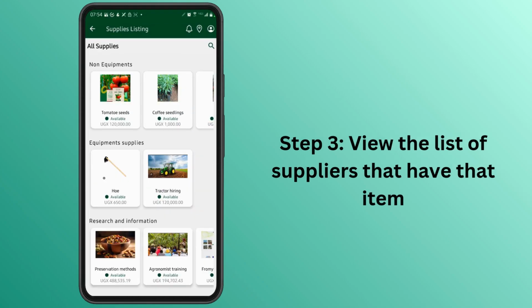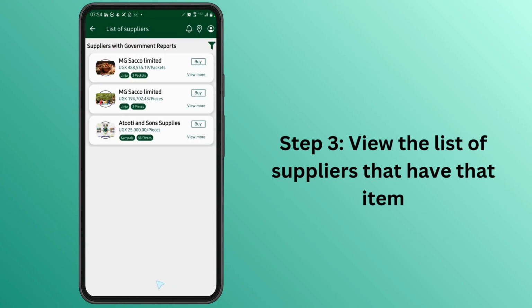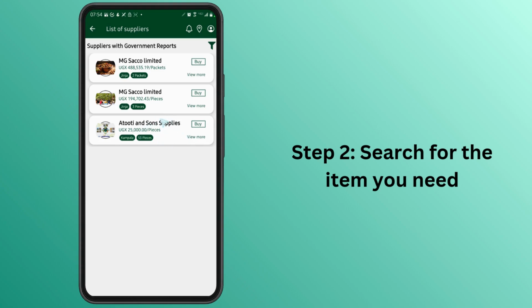Click view all, and let's say we're going to get research and information. So let's take from my farm research. These are the different people who have research information. So I'm going to take Atoti and Sons, because we can see the income color, the prices, and the pieces